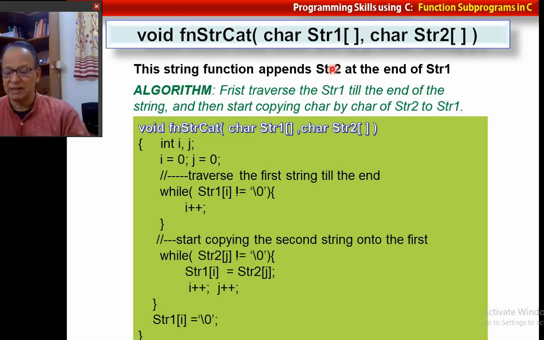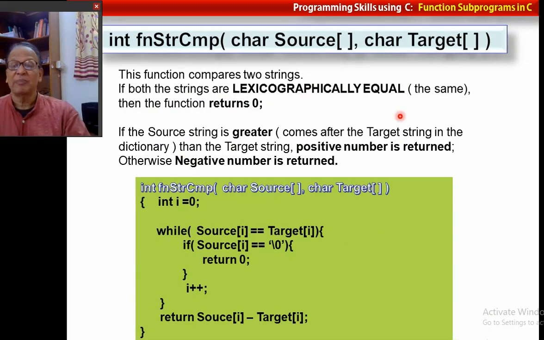I hope you have done it by this time. So I'm explaining here: string compare, with source and target. As I said, you go on asking this question: is source[i] equal to target[i]? Up to the null it will come. Then every time you ask if source[i], or you could also say target[i], is equal to null, return 0. That means both of them are equal.